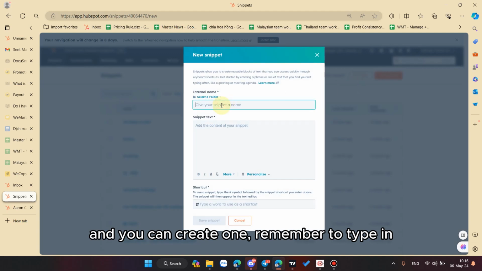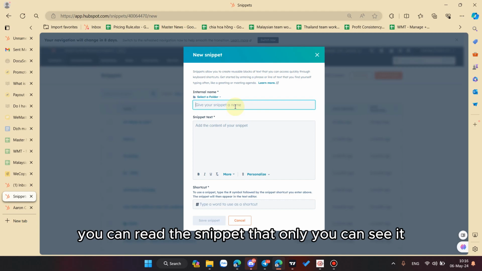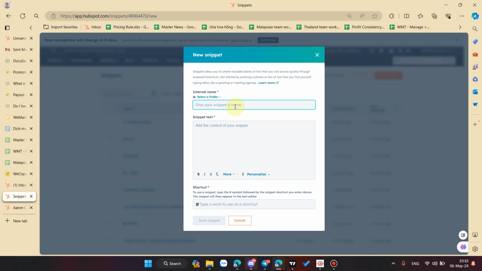Remember to type in a headline that everyone will understand. You can create a snippet that only you can see, or if you want anybody in the company to use it, you can publish it. So put in a good name so everybody understands the purpose of the snippet, and then type out the content.